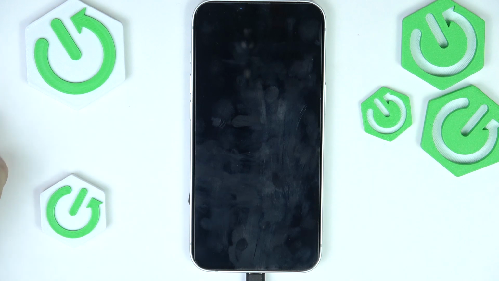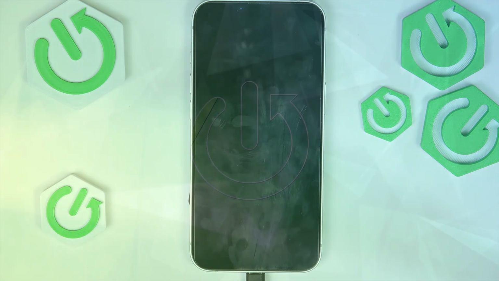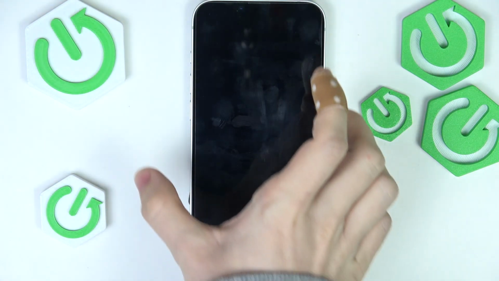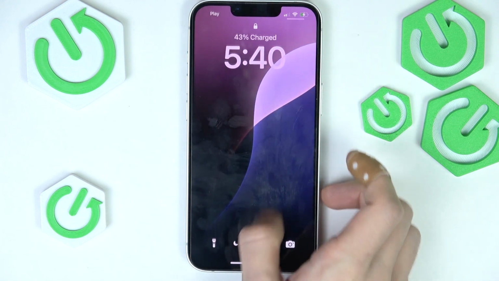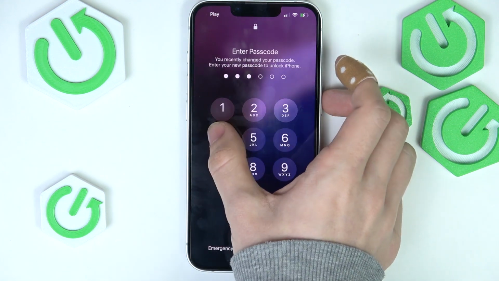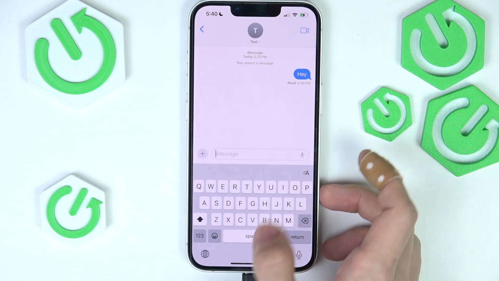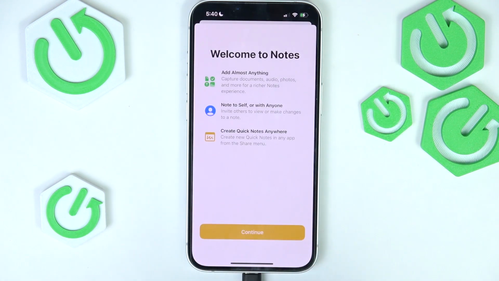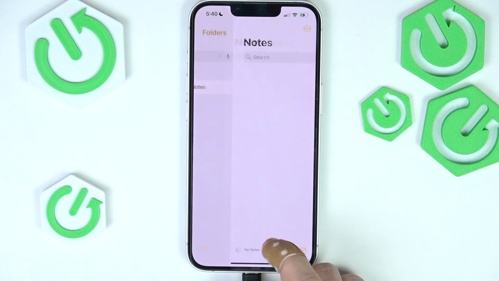Hello, in this video I'm gonna show you how to scan documents using your iPhone 16e. To scan documents, you can just open the Notes app. So I'm gonna go to the Notes app, then I'm gonna create a new note,